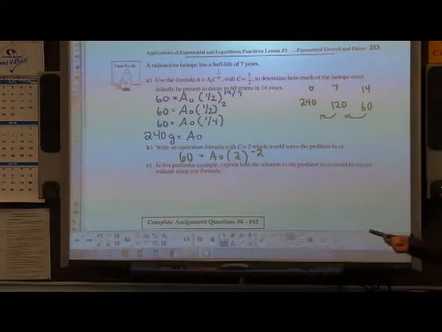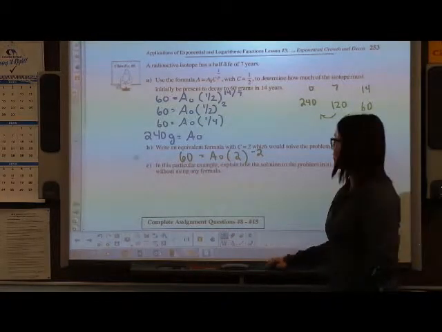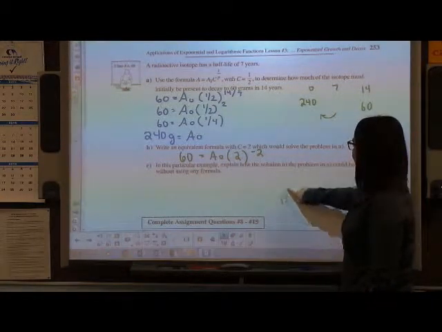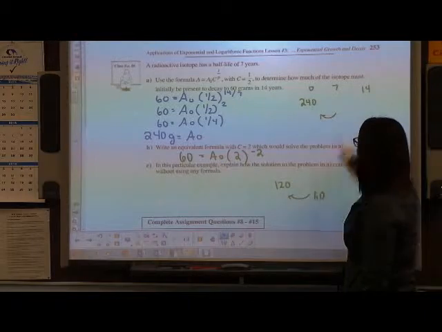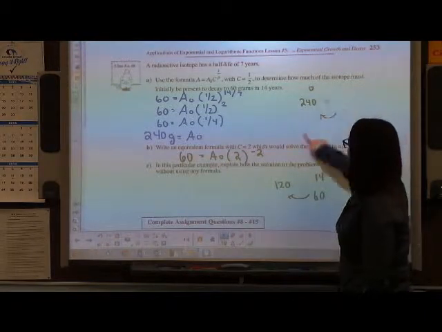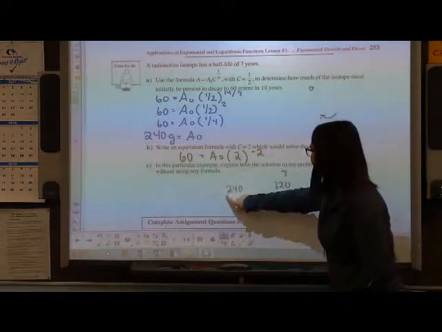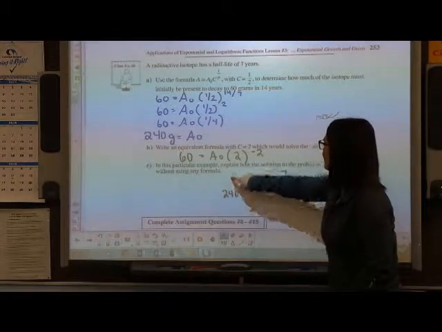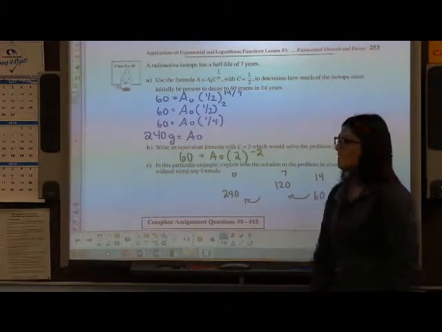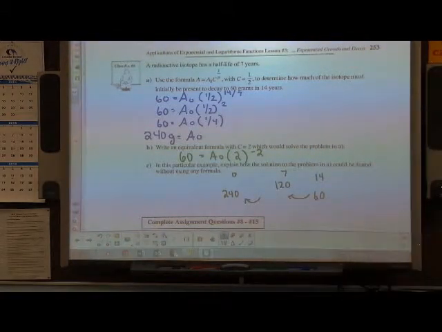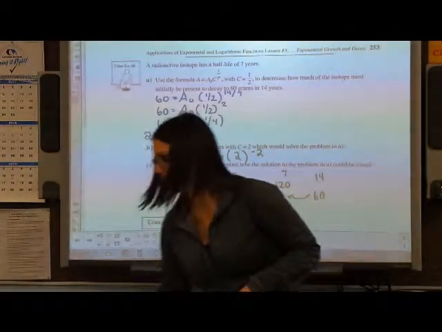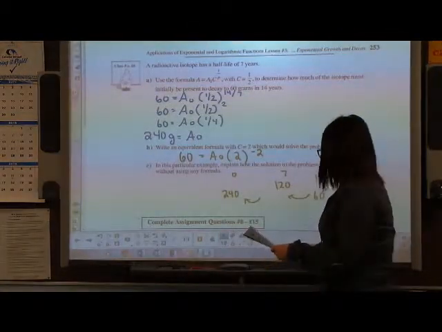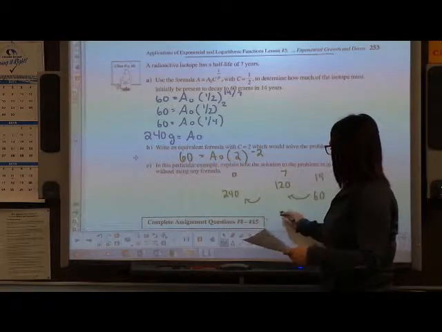And then question C says how this solution could be found without using a formula. This is how it can be found without using the formula. This is how we did it up here. And like I said, that only works when it is a multiple. If it's not a multiple, you're not going to be able to use that process. So the questions that I would like you to work on